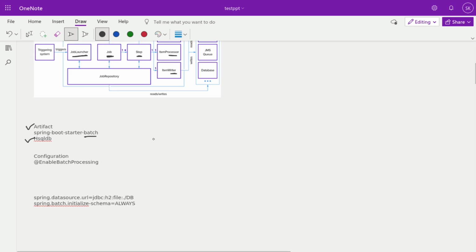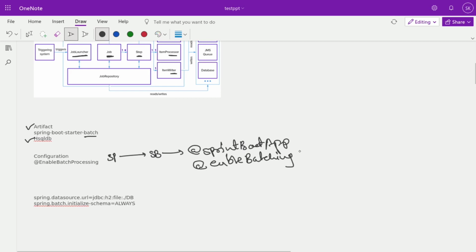Apart from this, on the class annotated with @SpringBootApplication, which is the start point of our Spring Boot application, we need to define @EnableBatchProcessing, similar to enabling caching. This tells Spring Boot that my application requires the batching process, and that it should configure all the things for me.